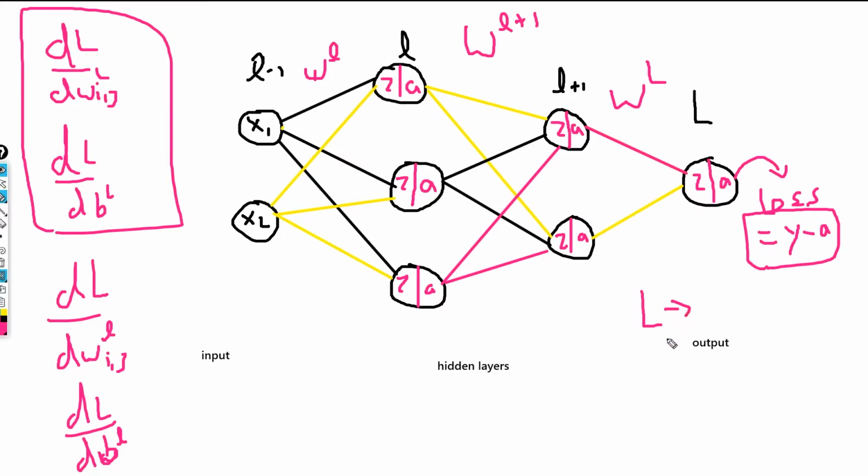So the loss is affected by the activation value. That activation value is dependent upon the z that we have, and this z is dependent upon the w values. So we want to find the derivative, the gradient, of all of this.